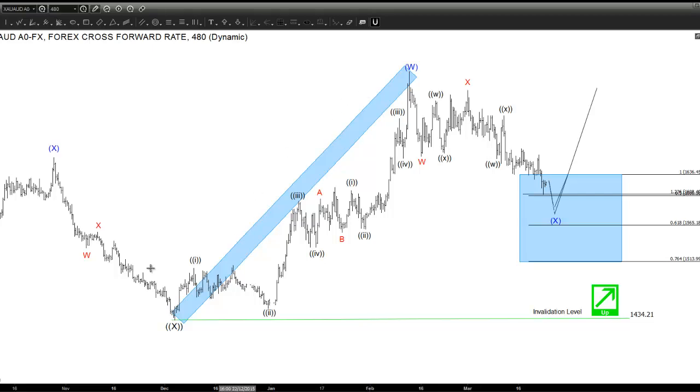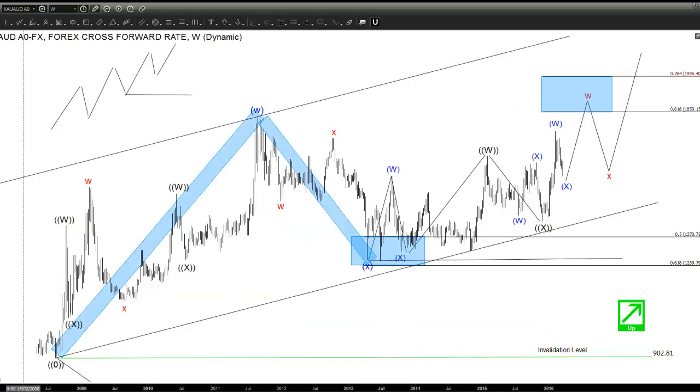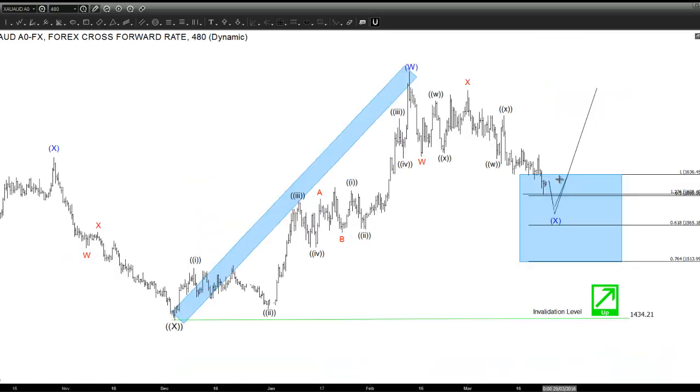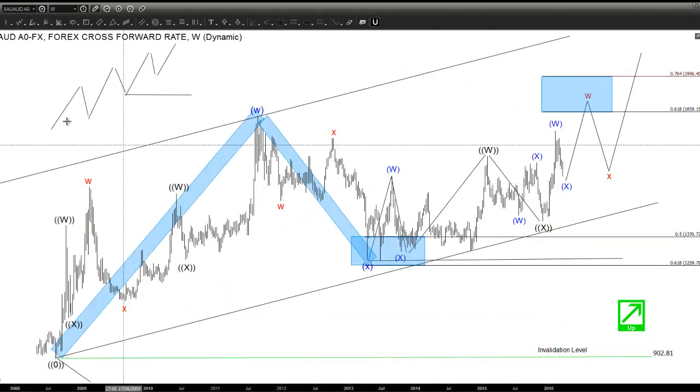All right, this was the video update on the gold against the Aussie dollar, and it is bullish against this level in the first degree and this one in the second degree, and we are already in the area where the buyers can start appearing, okay, or we can make another low to 1590, 1570 area before we start turning higher, but this is the invalidation level, which is the key level, and while above there, we believe the buyers will remain in control, looking for a new high above here towards